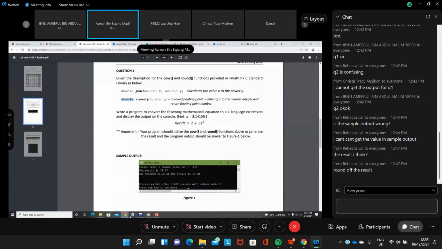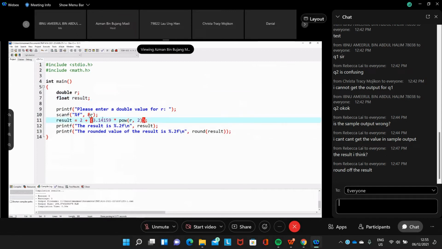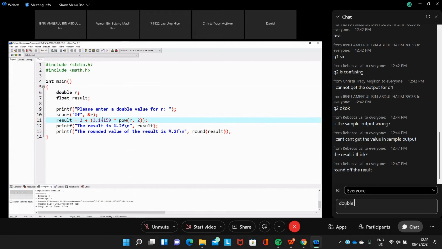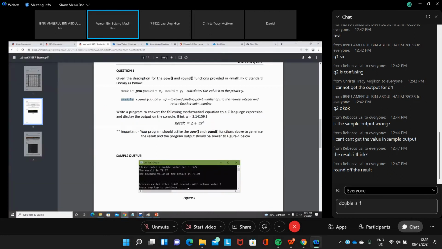So we look at the program again. Read R. R is a double, and then it accepts another one that is a double, that is the power.